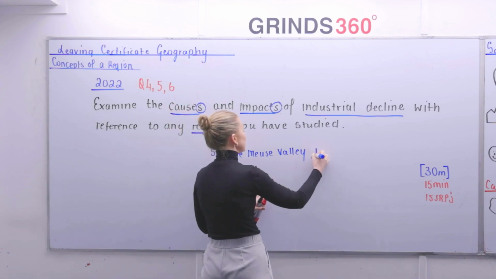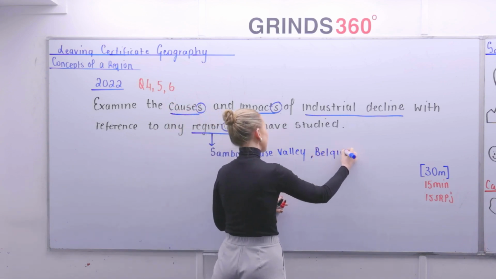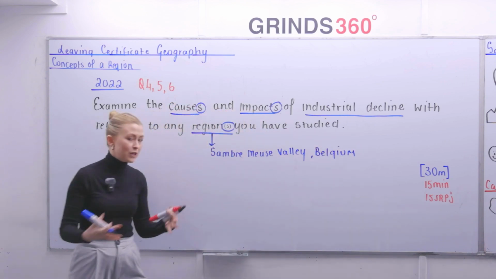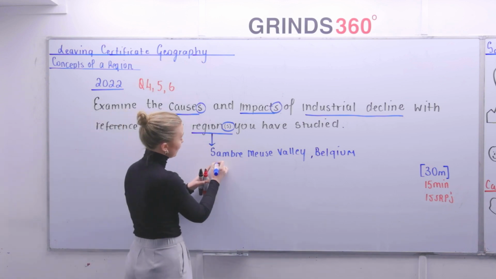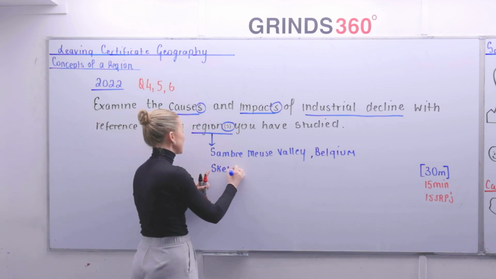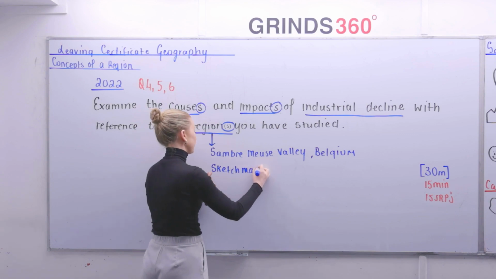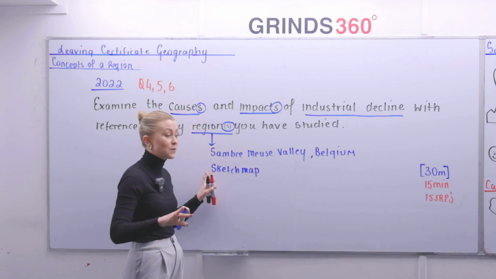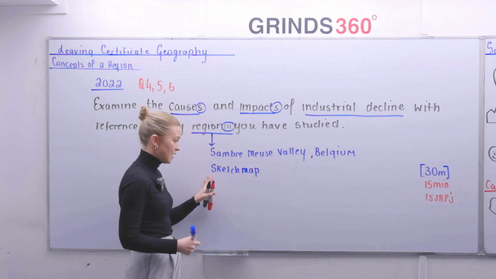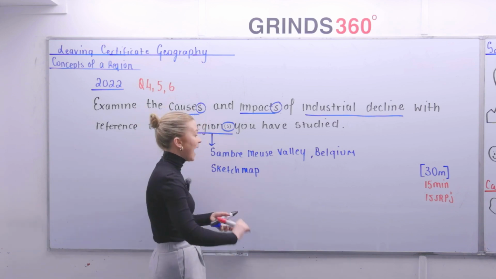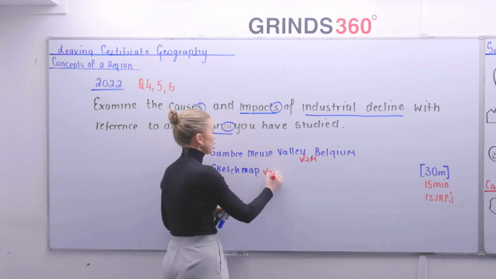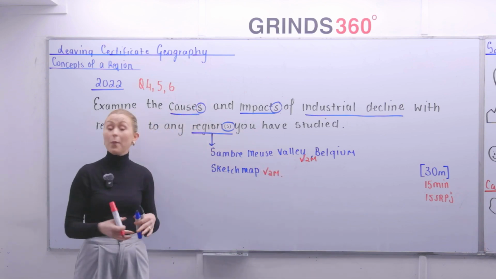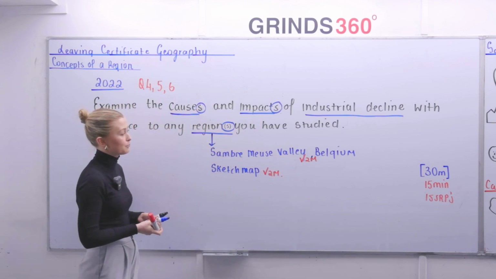The Sambre-Meuse Valley is located in Wallonia in southern Belgium. So I'm going to pop in Belgium towards the end. Now, as you'll know already, in regional geography, we don't draw labelled diagrams, but instead, what we can do here is we can draw our sketch map. Our sketch map should be found around page number 11 in our notes. And for that labelled sketch map and naming the Sambre-Meuse Valley, I'll get a tick and 2 marks, bringing me straight away up as far as 4 marks in this essay.